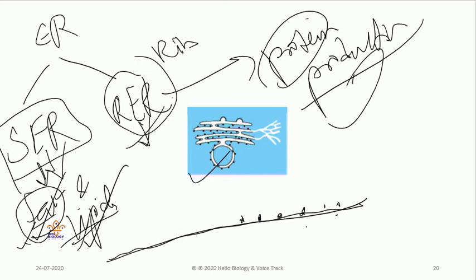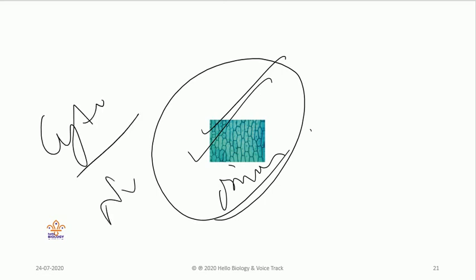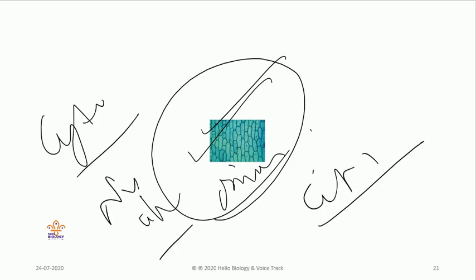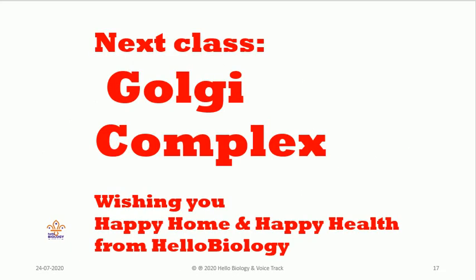And we will see the Golgi complex also, a small part of the cell. You have seen this in onion cells. To see the picture, I have posted onion cells showing cytoplasm, nucleus, cell wall, and cell membrane. Next we will discuss one more thing, the Golgi complex, but we shall discuss it in the next class. Why? Because it is most important for you to understand. It is a complicated topic, and as of now we have completed till here. In the next class we will discuss the Golgi complex and its most important topics.